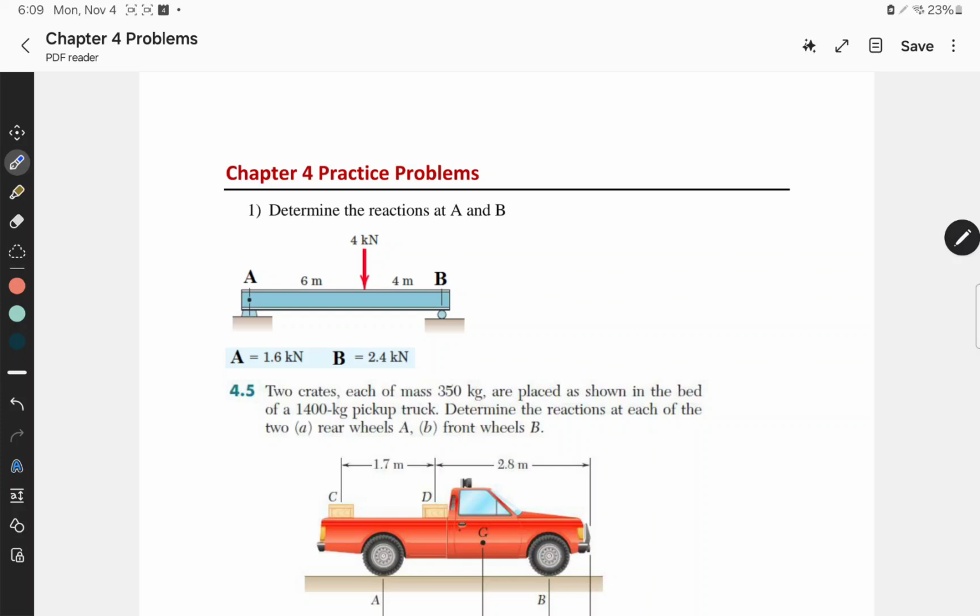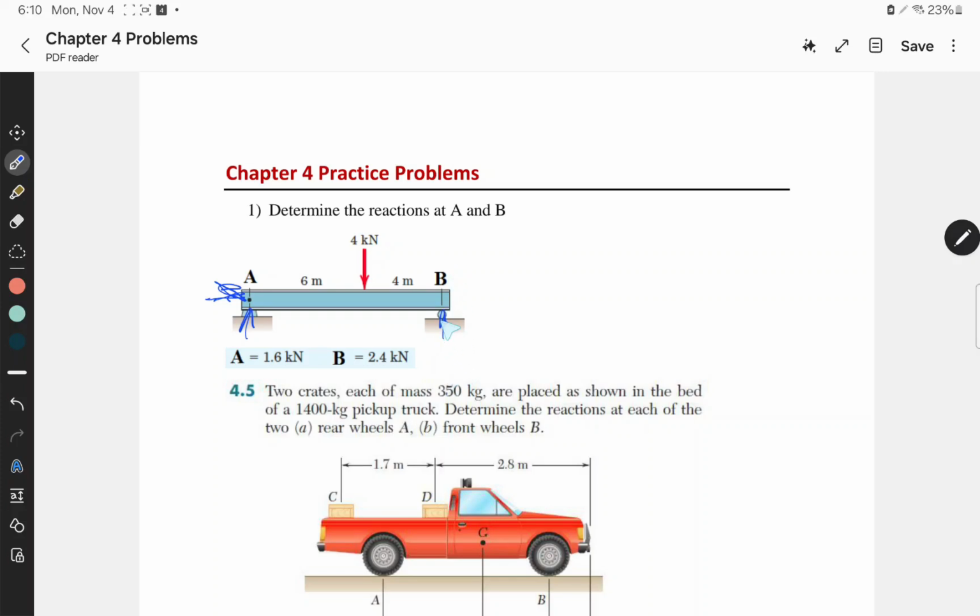Question 1 is asking us to determine the reactions at A and B. So we're gonna draw the little arrows. I'm gonna explain. Every single joint has a reaction to it. For example, this one right here is a pin joint, so it has an X and Y reaction. And this is a roller joint right here, so this is gonna be just